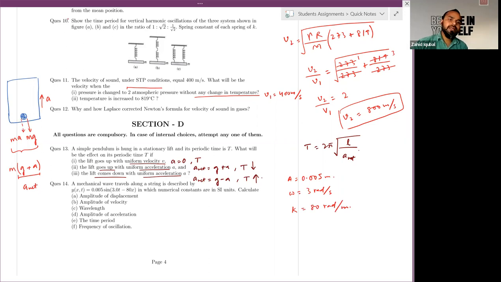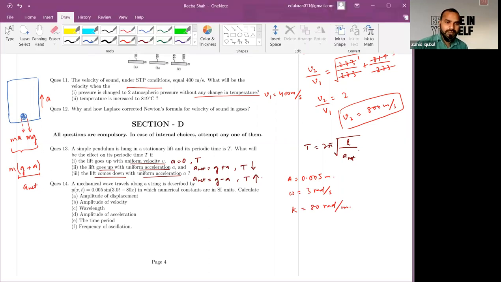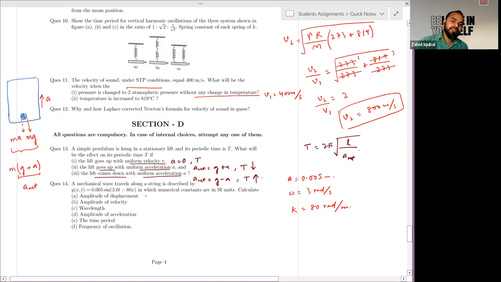Now, according to the formula, the amplitude of displacement, which is simply A, is equal to 0.05 meter. Amplitude of velocity: if you differentiate this expression, you will get particle velocity as omega times A cos(omega t minus kx). So this expression is called the amplitude of particle velocity. It will be omega times A. We have omega